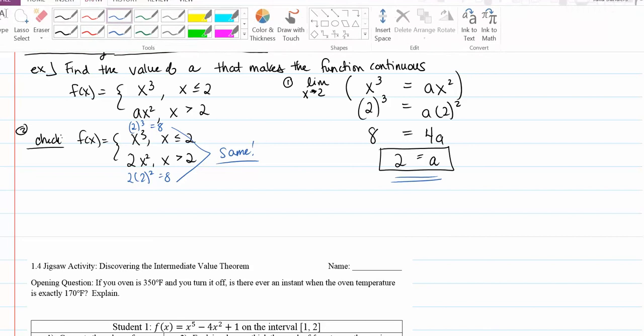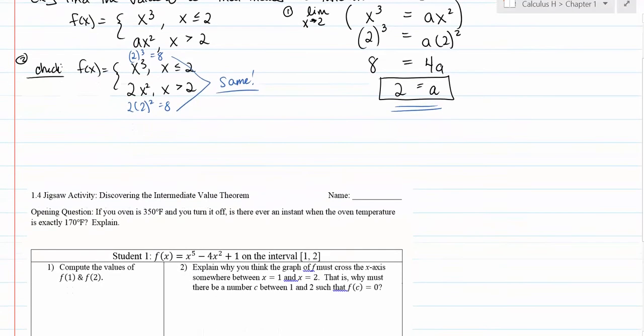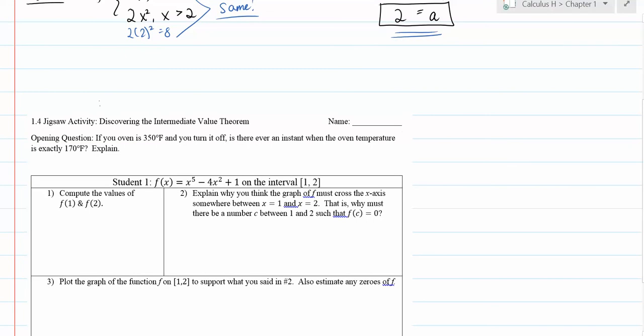All right, the rest of the time we're going to spend looking at this idea of the intermediate value theorem, and you should have a sheet that discusses it. It's not really that complicated, but it is a very important theorem in calculus, so we're going to spend time looking at it. So the opening question is, if you have an oven,